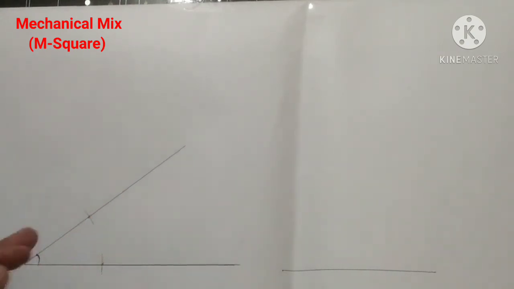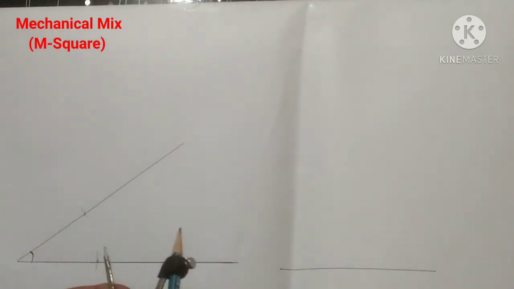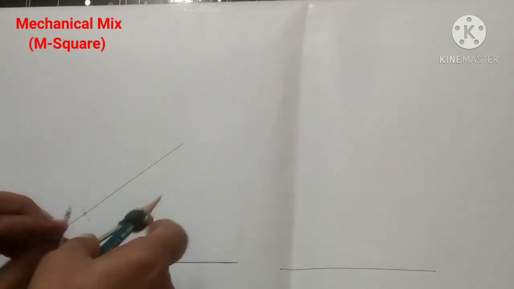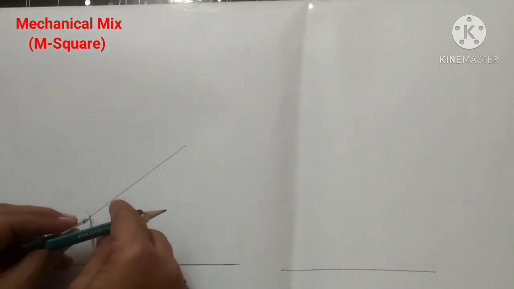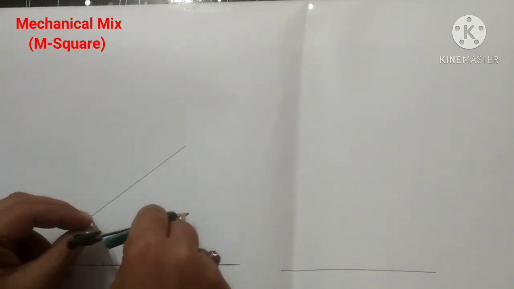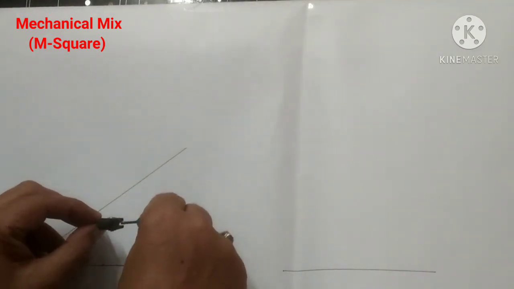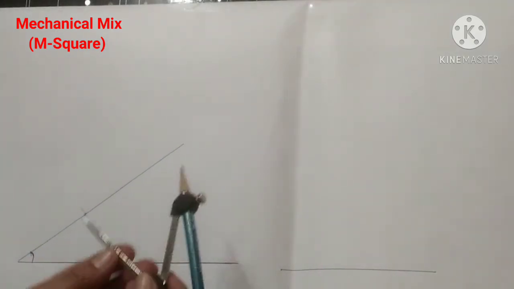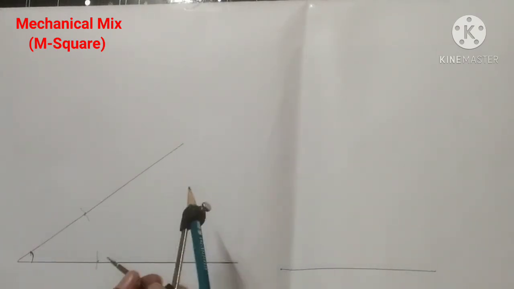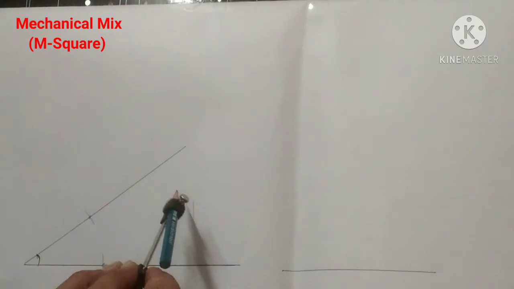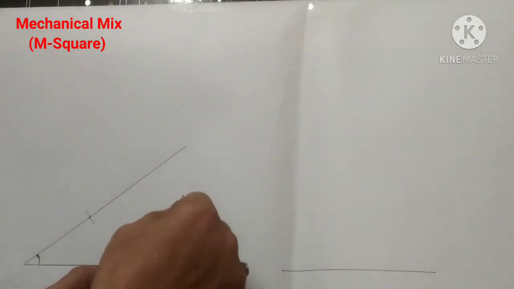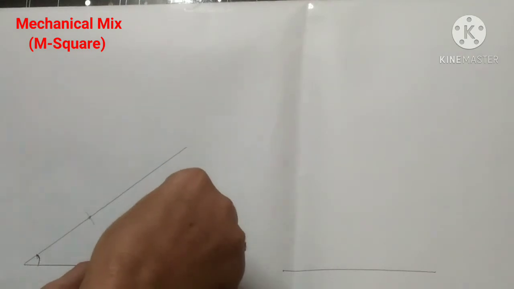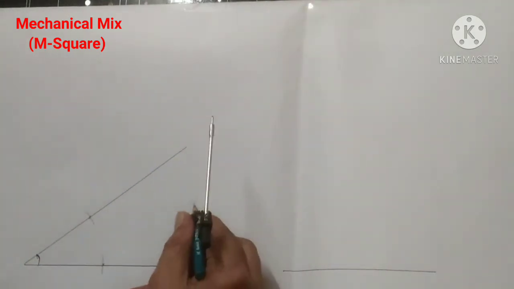From these two intersection points, I can choose the same length by using this compass, or I can change the length, whatever it may be. That is my own idea. I can take the same length or I can change the length also, and I can draw like this. And in a similar manner, the same length we have to take and cut this previous arc like this. Then I got an intersection point here.